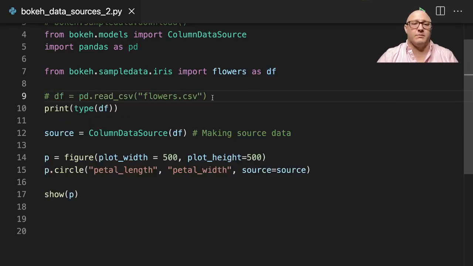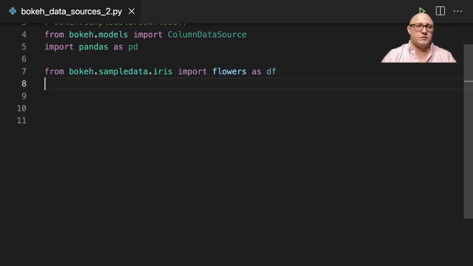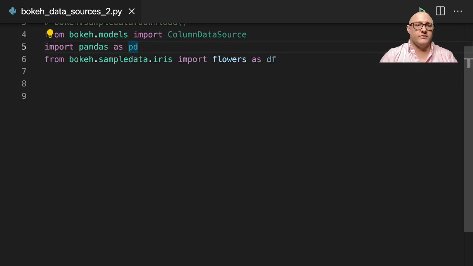Okay, so it's the same thing as this here. So let's go on and actually create another example, and let me delete this out here, and let's do a little bit of cleaning. And instead of iris data, what data do we want to grab? You know what? Let's actually just redo